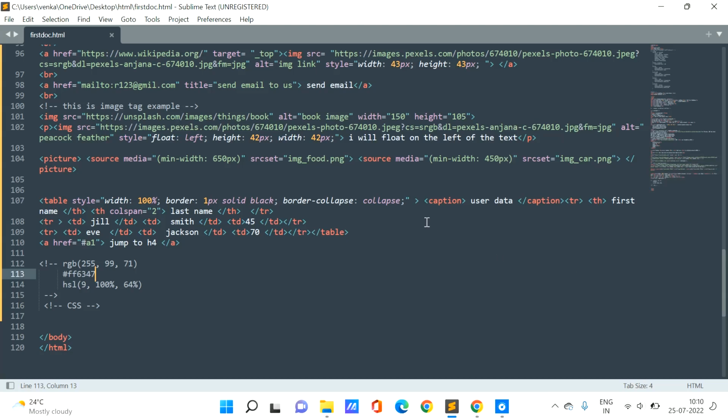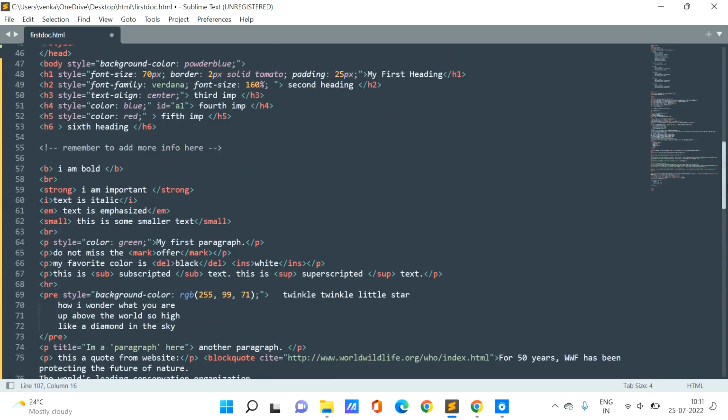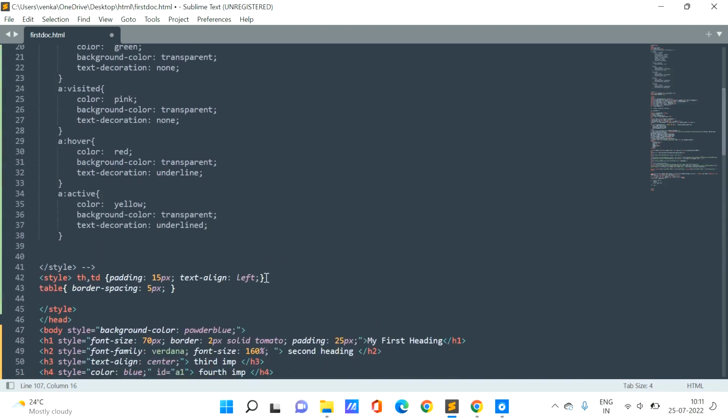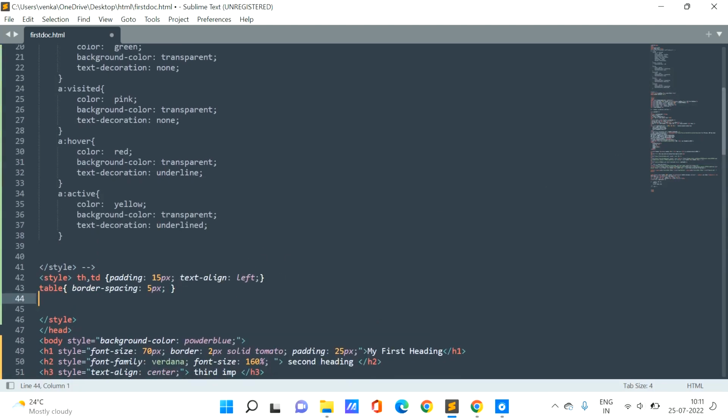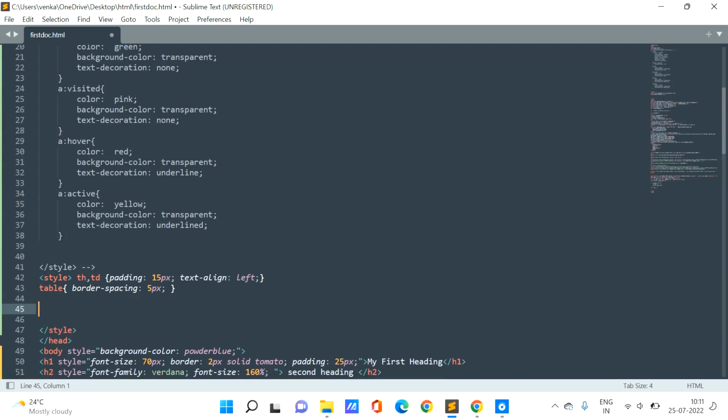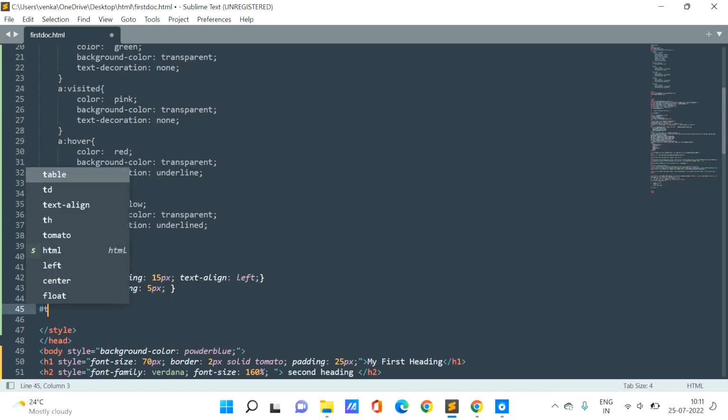So firstly, let's say we are having this table, and I give this table an ID called T1. So this is the ID that I give to this table. And how can I style this? I'll go to the style tag, and in the style element I specify the ID with a hash. So remember this one, when we use the elements we directly give the names of the elements, the tags. But while using this ID you need to use a hash before it. So the hash T1,